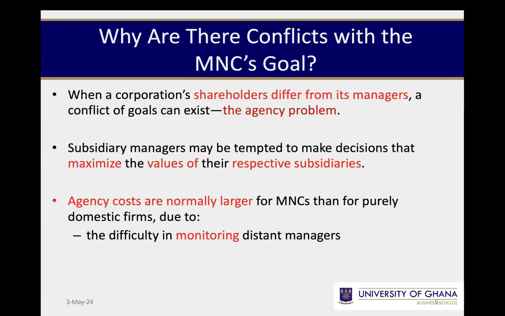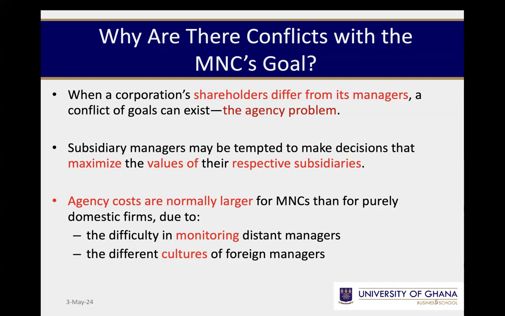And so the cost implications, even to fly someone to come and monitor the local subsidiaries' activities, can also be a bit of a deterrent. Also, different cultures can actually cause monitoring or agency costs to go higher. The reason being that in some cultures, things that are acceptable in one, for example, facilitation fees, etc., are a taboo in another, and etc. So depending on where the subsidiary is located, these culture clashes can mean a lot of agency cost and how